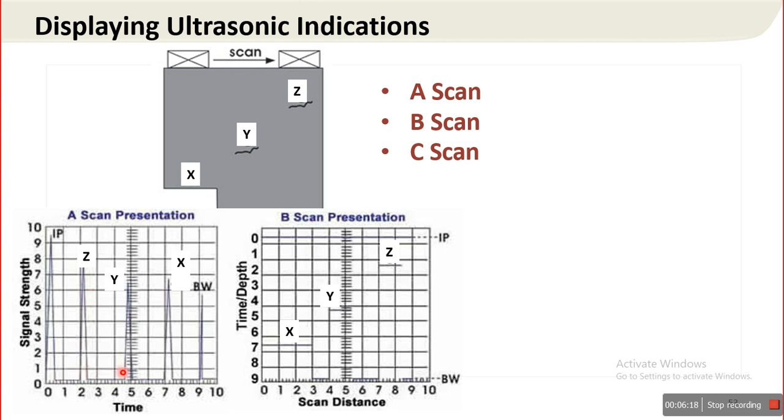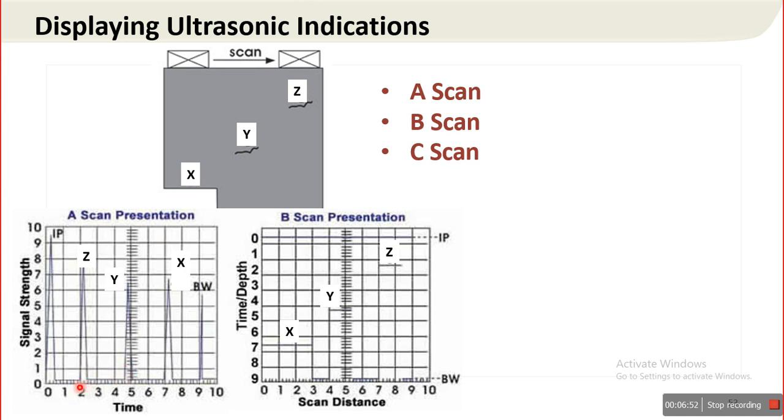As you move forward, Y discontinuity is there. Y is somewhat deeper than Z. So ultrasound takes somewhat more time to reach Y, reflect from Y, and be received by the transducer. So Y takes higher time than Z, so it is located after Z.